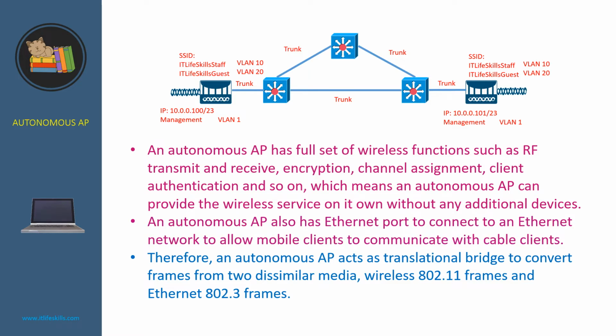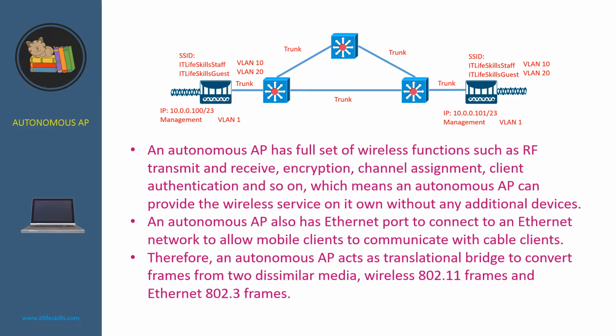An autonomous AP also has an Ethernet port to connect to an Ethernet network to allow mobile clients to communicate with cable clients. Therefore, an autonomous AP acts as a translational bridge to convert frames from two dissimilar media,